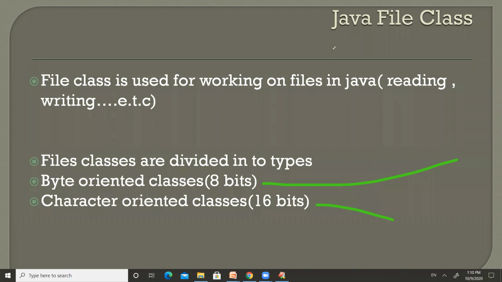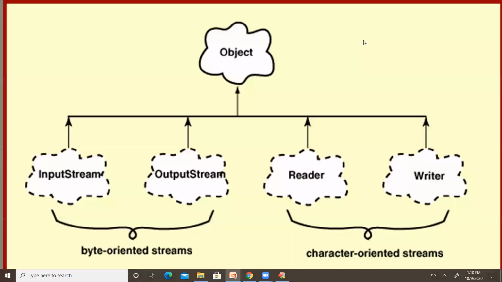Which means each time we want to read or write 8 bits of data, we can make use of byte oriented classes, and each time we want to read 16 bits of data, we can use character oriented classes.